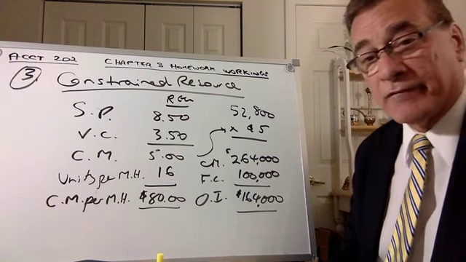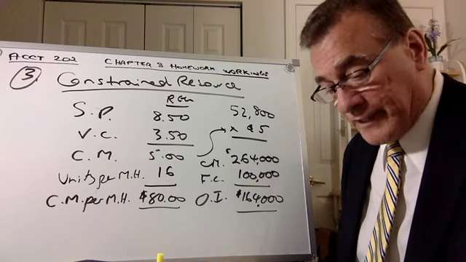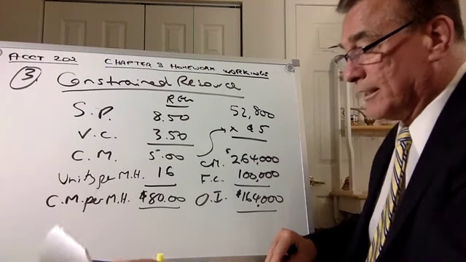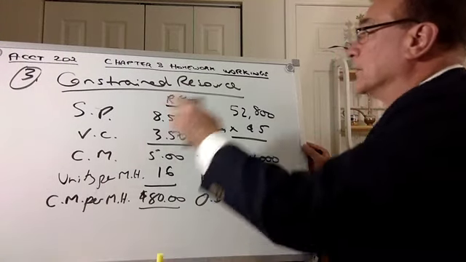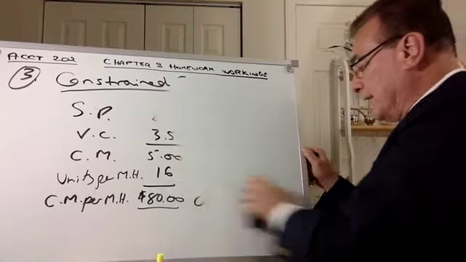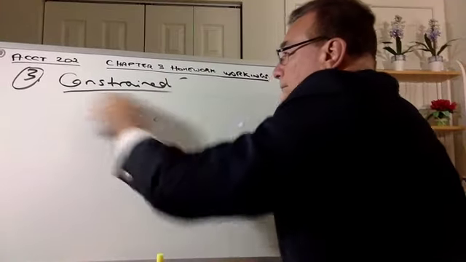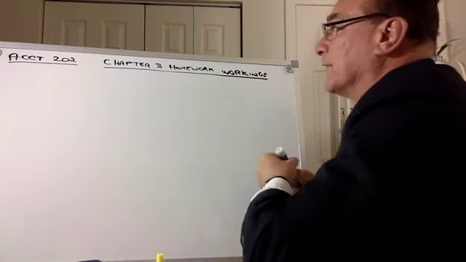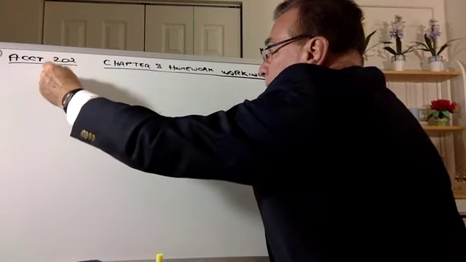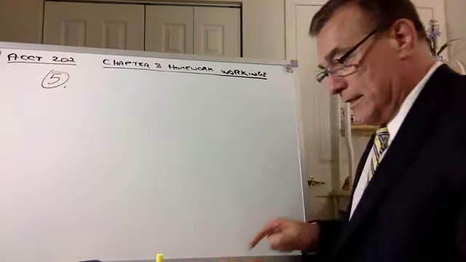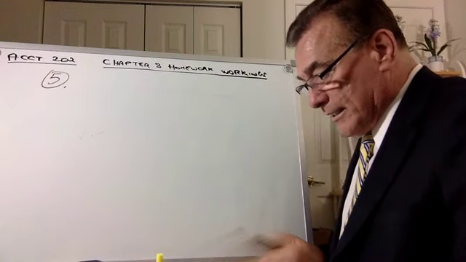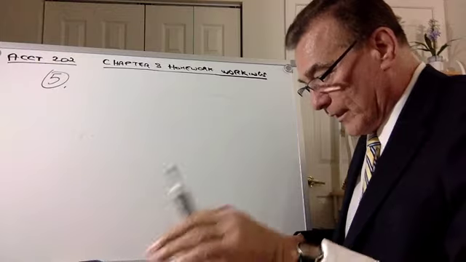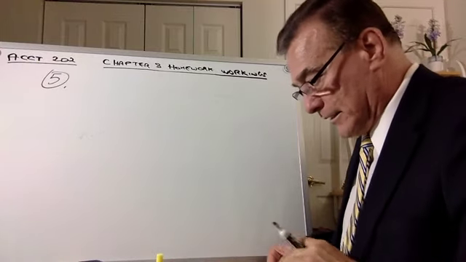Question 4 is similar to question 3, so you should just try that yourselves. It's still a constrained resource. It's got different figures, but if you follow the process I showed you in question 3, you'll be able to do it for question 4. So let's move on to question 5. Okay, so for 5, in the homework, the question says,